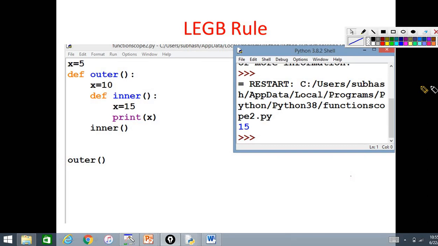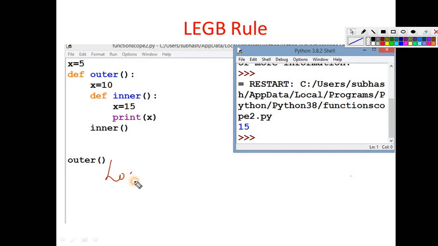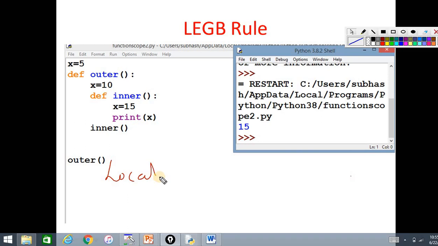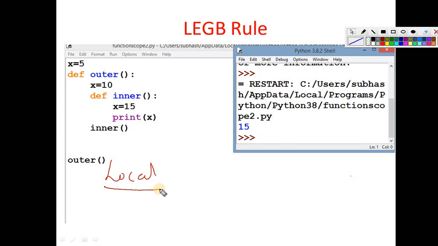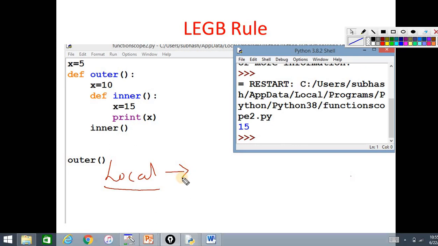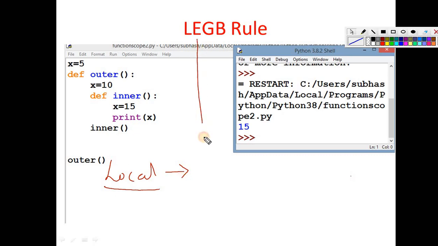Whenever you're writing a program and accessing a variable in local, it will first check in local whether it is there. If the variable you are accessing is not present in local scope, it will jump to the enclosed